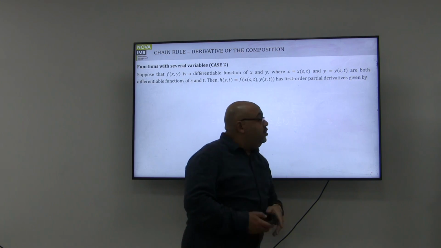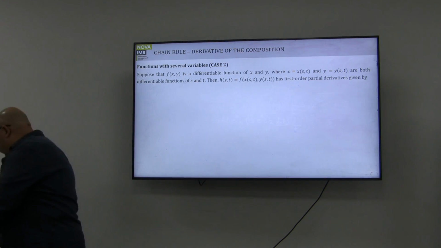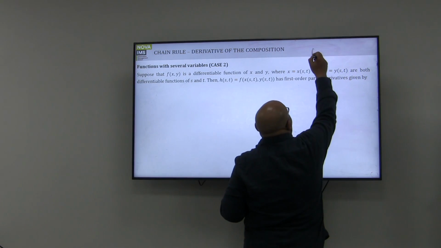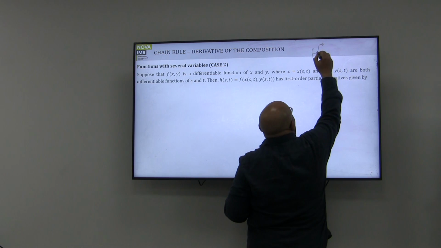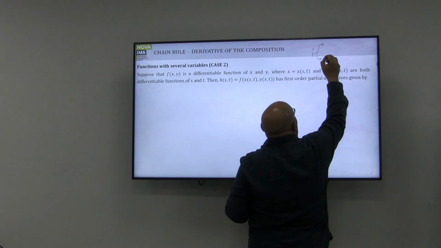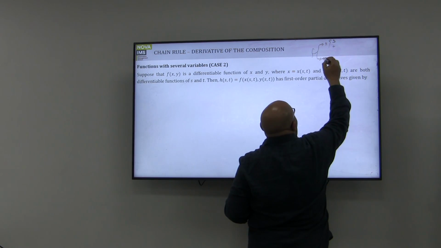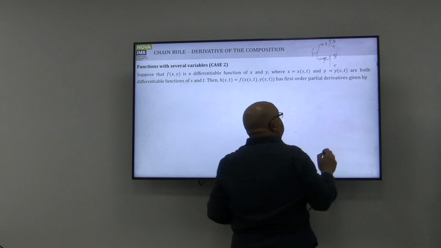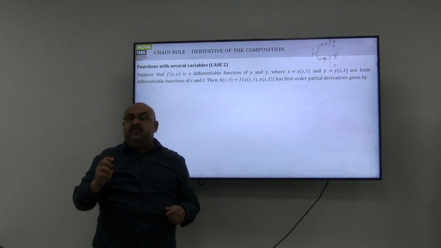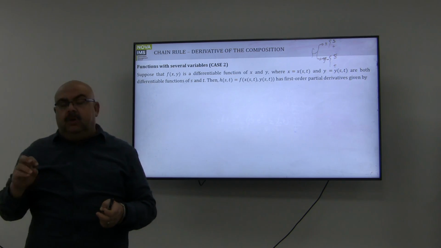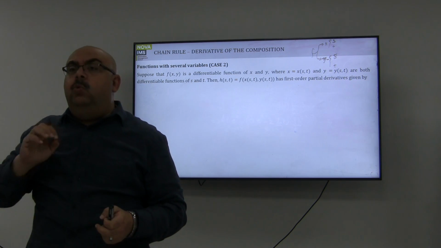In this case, I want you to remark this scheme. You will have f as a function in more than one variable. This is y, and that's x, and then x by itself is a function in s and t, and y by itself is a function in s and t. The issue is if I want to find the derivative with respect to s or with respect to t. Of course, in this case, I'm not going to have a total derivative. I will have